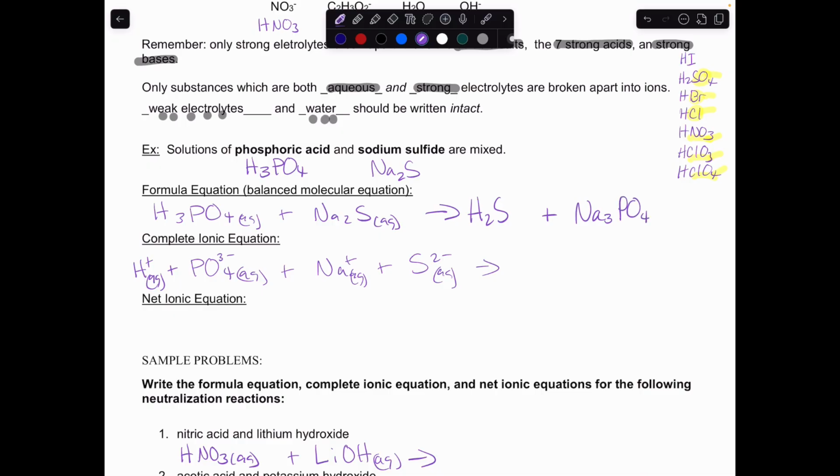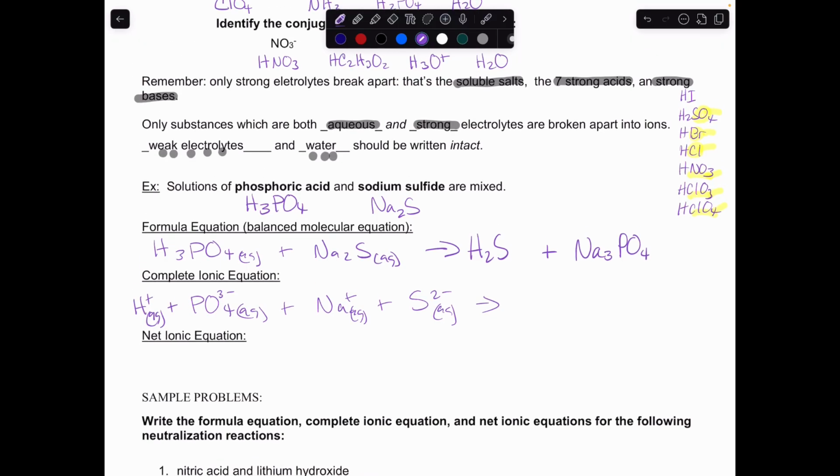Now, should both of these be aqueous, let's go back and decide. Only strong electrolytes break apart. That's soluble salts and the 7 strong acids. So H2S has an H written in front to let us know it's an acid. So if this is an acid, is it one of the 7 strong? It is not. So they're aqueous,